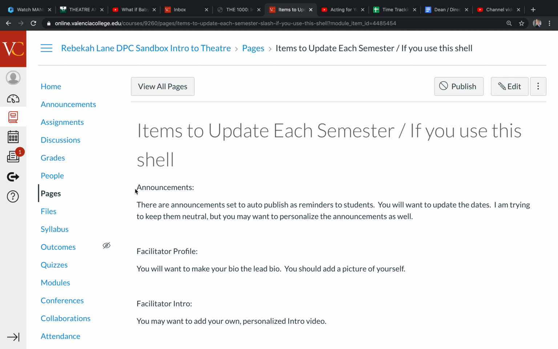I have found that sending students announcements reminding them that things are due is really helpful. So I am building in announcements that are connected to the modules that I create. Those announcements will need to have the dates reset.